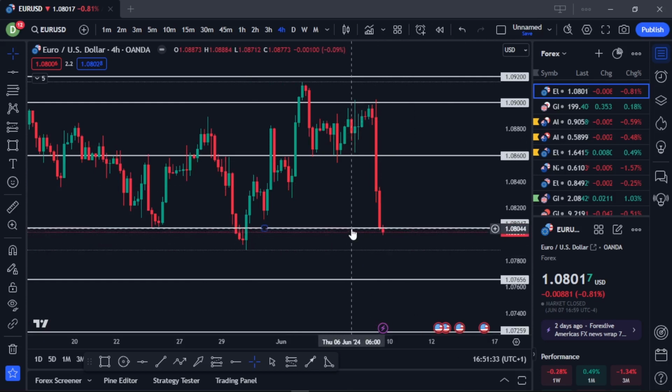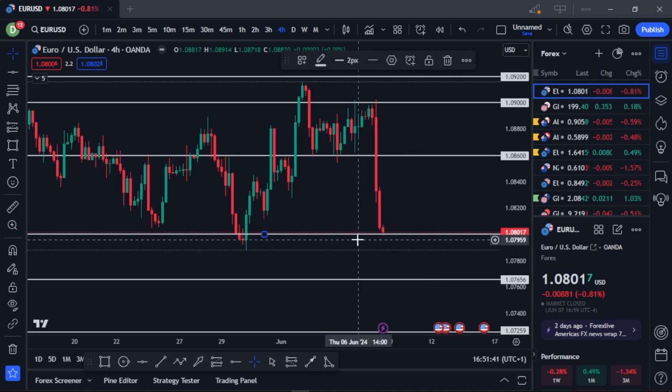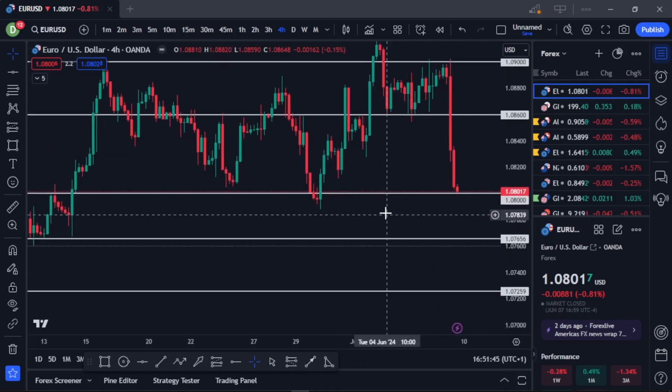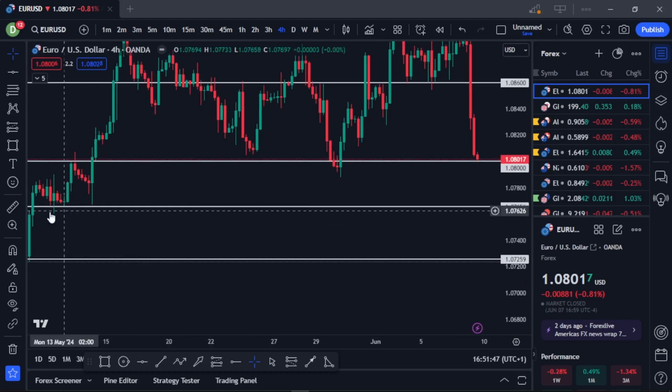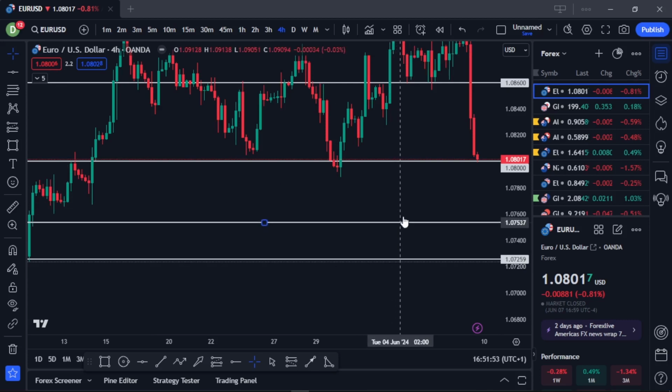So I'm going to make it around 1 point 800. Yep. I had to come down a little bit. Yes, that's what I'm looking at. Here was just a fake out. And then for this one, I'm considering this low here. So for that one, let me look at it a little bit. Okay,